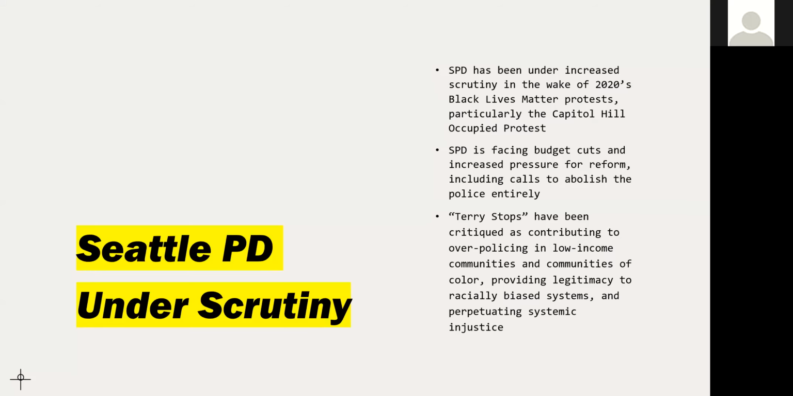As you know, the Seattle Police Department has been under extreme public scrutiny in the last year in the wake of 2020's Black Lives Matter protests, particularly the Capitol Hill Occupied protests. And you are considering budget cuts due to increased public pressure for reform, including some calls to abolish the police entirely. So in order to provide sort of a balanced look at this issue, I'm looking at Terry stop data,